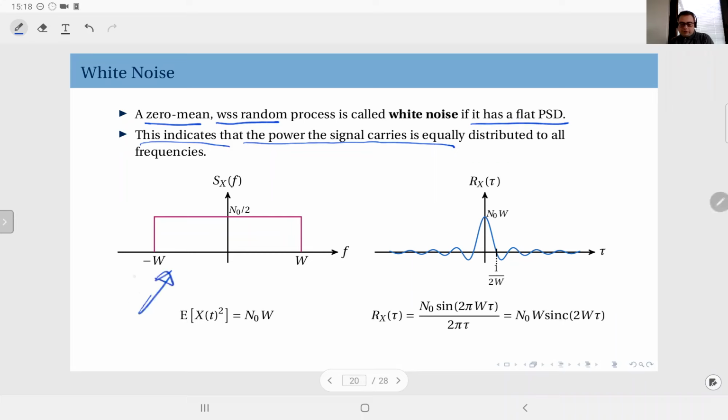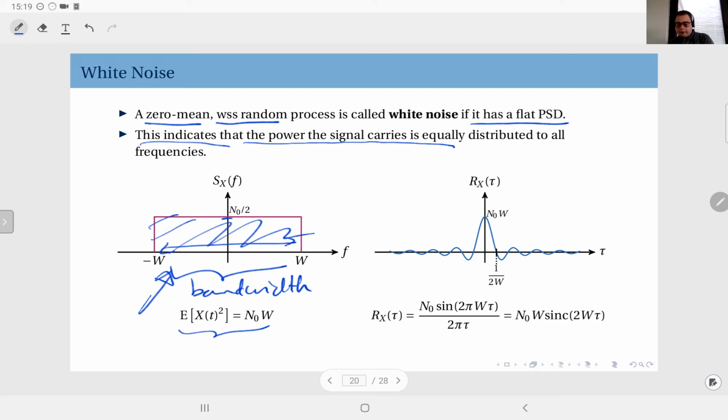Well, this is a typical PSD of a white noise. Okay, here you see the PSD is flat, but of course only on this interval from minus W to W. This is what we call the bandwidth of this white noise. Okay, and the average power this white noise carries is equal to N0 times W, assuming that the amplitude of the PSD is N0 over 2. Since the bandwidth is 2W, multiply them,